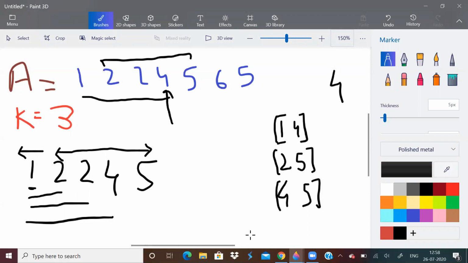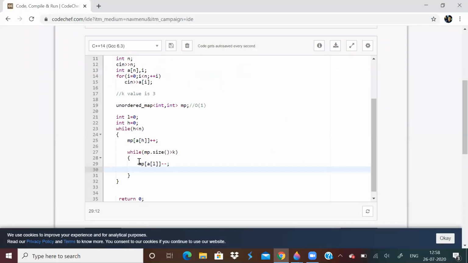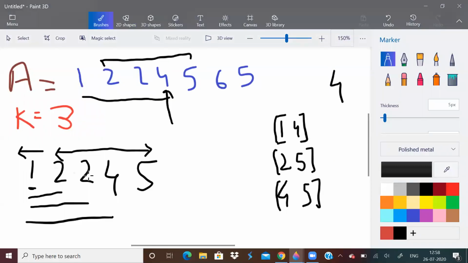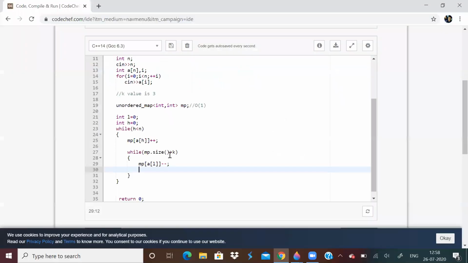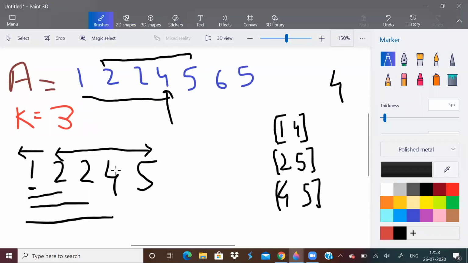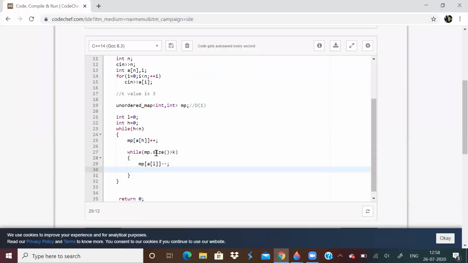That is what we are doing here. We are removing 1. Why are we removing 1 now? You can see in this example clearly, as soon as 5 comes here, this condition will come into play.